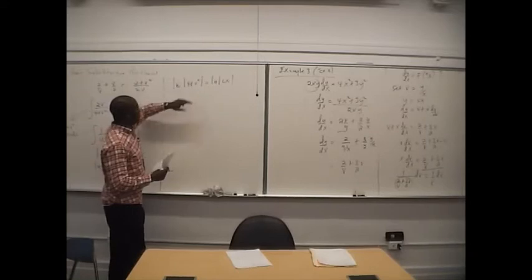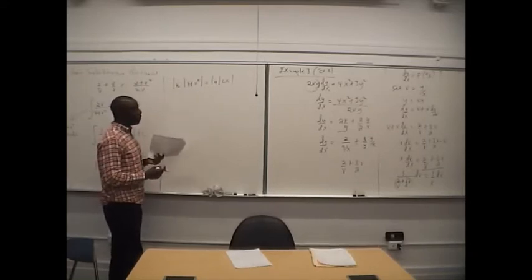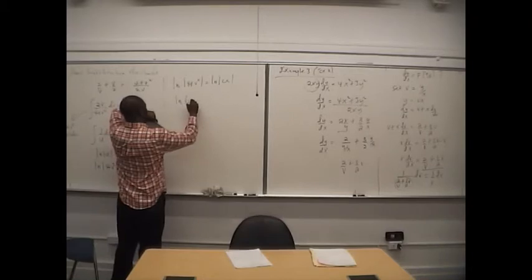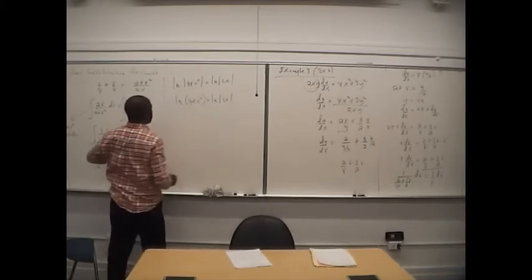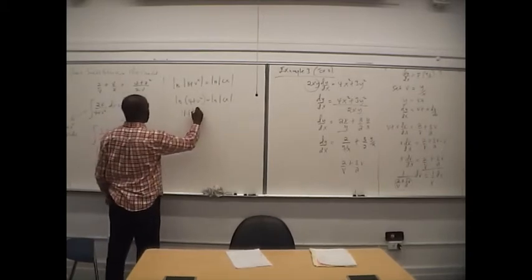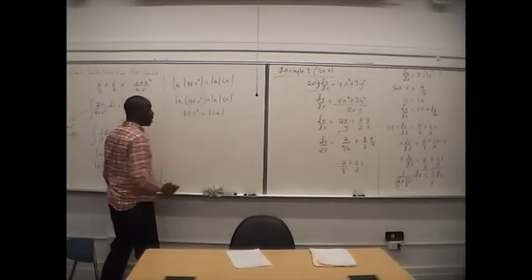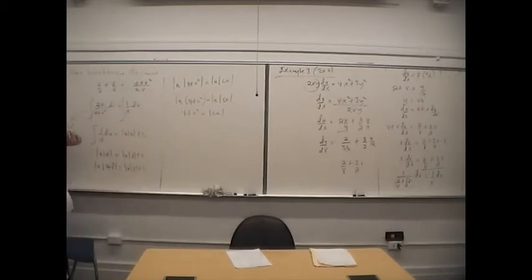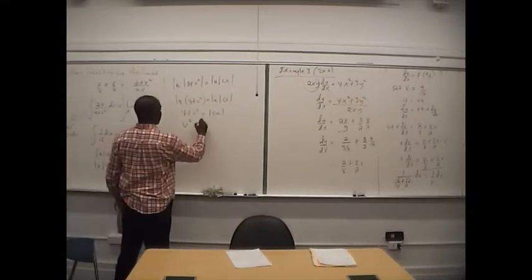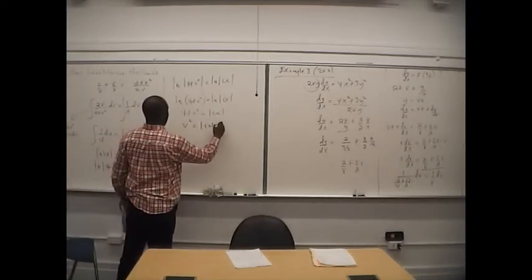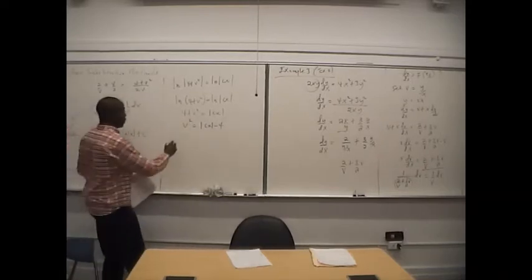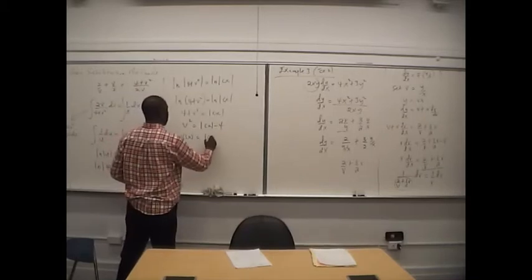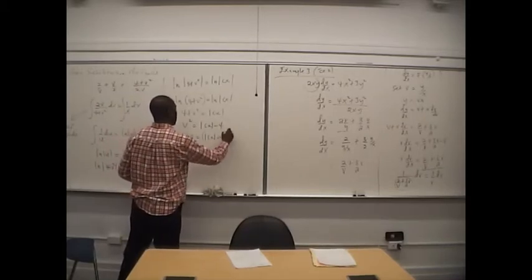This side we know is always going to be positive because it's 4 plus v squared. And this is the natural log of the absolute value of cx. And so clearly 4 plus v squared should be the absolute value of cx. Since the logs are the same, the argument should be the same. And so my v squared is cx minus 4. And so my v of x will be the square root of the